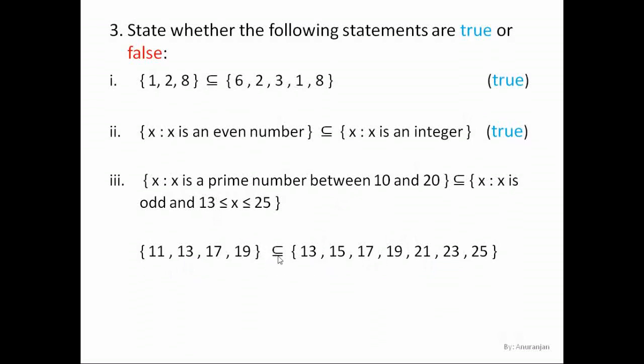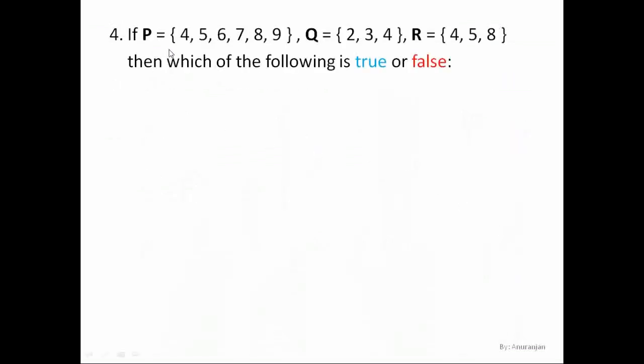Now to be a subset, what is the criteria? That all the elements of this set should be present in this set. So here 13, 17 and 19 are present, but we cannot find 11. So it does not satisfy the condition of being a subset. So we can say it is false. Clear? Next, if P is equal to {4, 5, 6, 7, 8, 9} and Q is equal to {2, 3, 4},